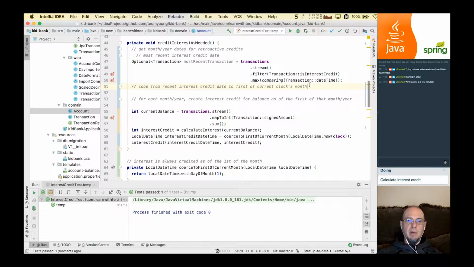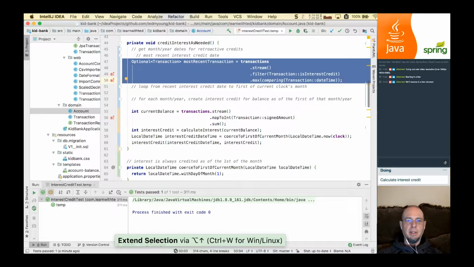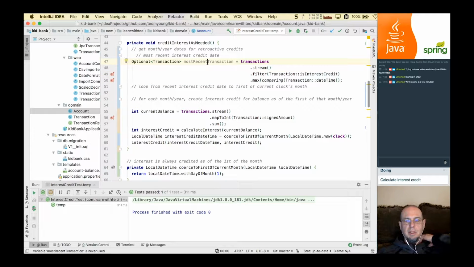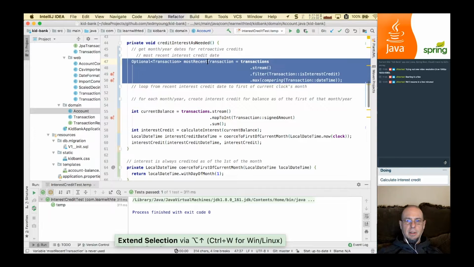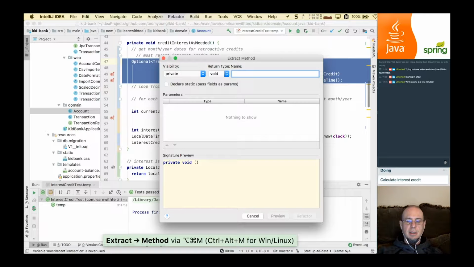Great. So now we know this works because we have a test, but there's no reason to write a test for this. The only thing I might do is pull this out into a method. The reason why is I want to give it a name, because most recent transaction is useful, but from the context of this loop where we're generating a sequence, what we actually want to figure out is the first date. So let's pull this into a method,